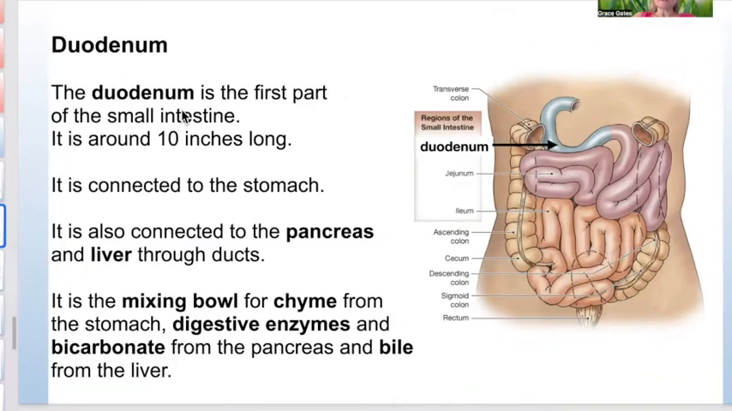So the duodenum, it's the first part of the small intestine. It's around 10 inches long. It's connected to the stomach, and it's also connected to the pancreas and liver through ducts. It's the mixing bowl for chyme from the stomach, digestive enzymes and bicarbonate from the pancreas, and bile from the liver. So they all go into the duodenum, and then they're churned around in the duodenum, and they're